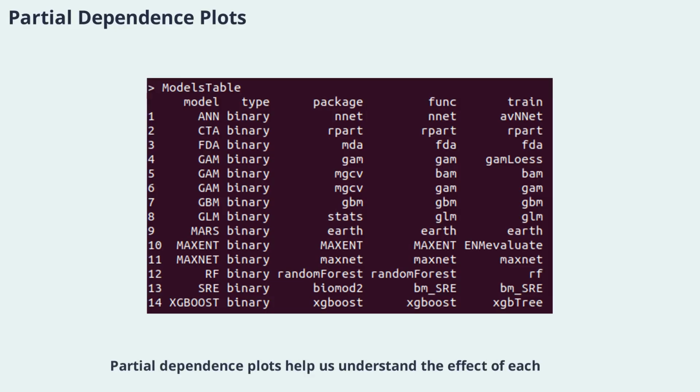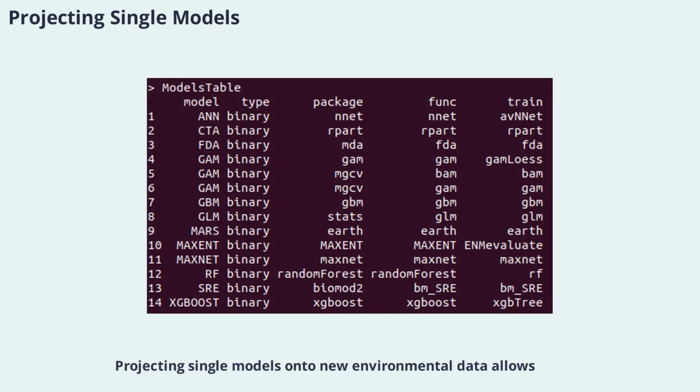Partial dependence plots help us understand the effect of each variable along its gradient on the probability of species presence. By visualizing how predicted probabilities change as a function of a single variable, we gain insights into ecological relationships and model behavior. These plots also allow us to compare the consistency of variable effects across different models, enhancing our understanding of species-environment interaction. Projecting single models onto new environmental data allows us to predict species distributions under different scenarios, such